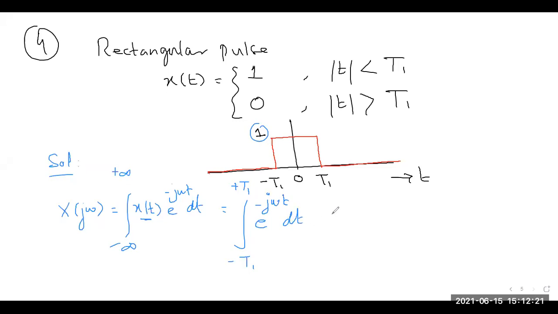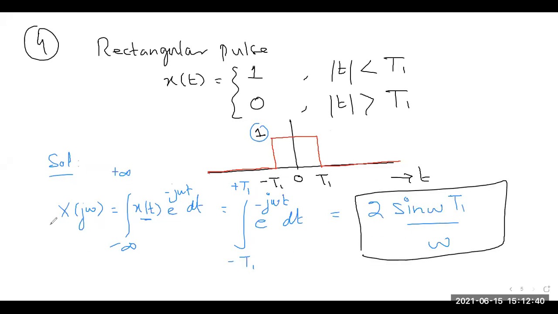So this is a simple integral. What is the result? You will get 2 sine omega t1 divided by omega. So this is the Fourier transform of this rectangular pulse. If you plot this signal graphically,